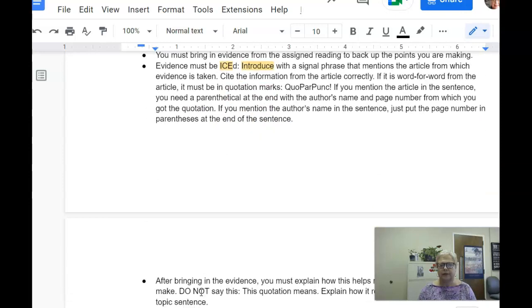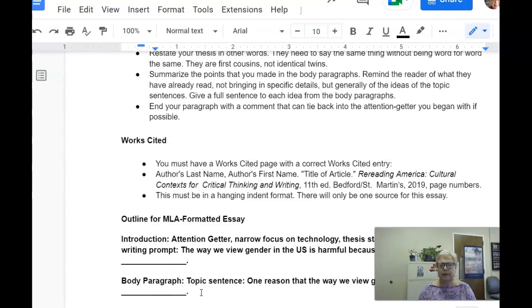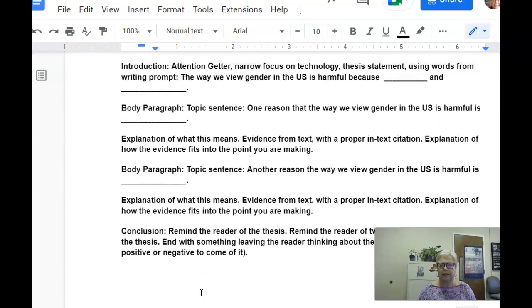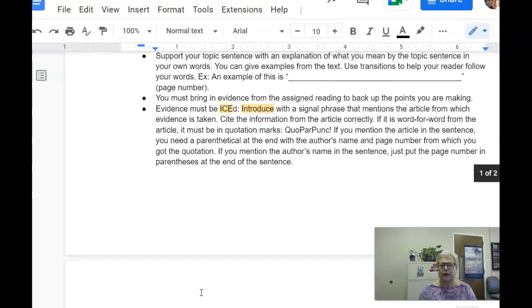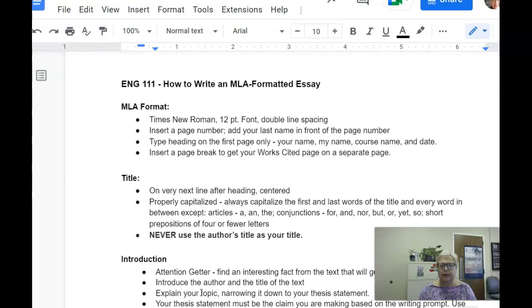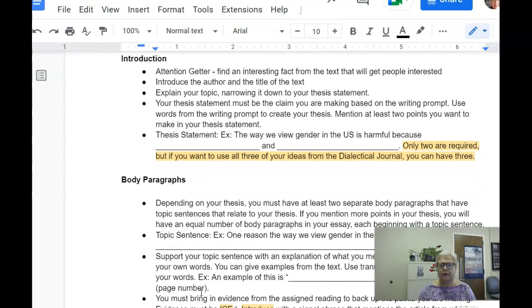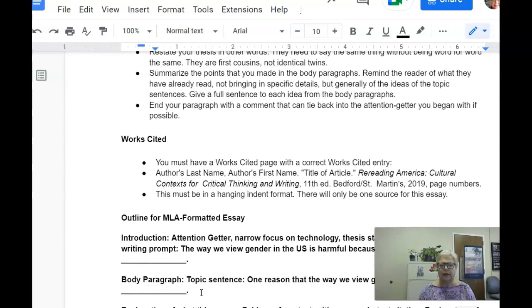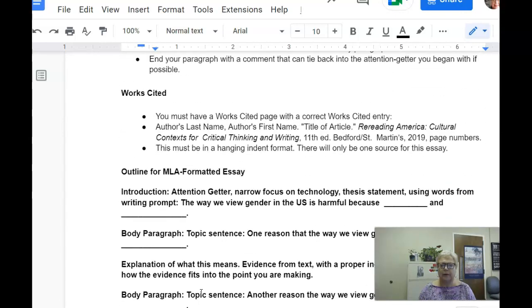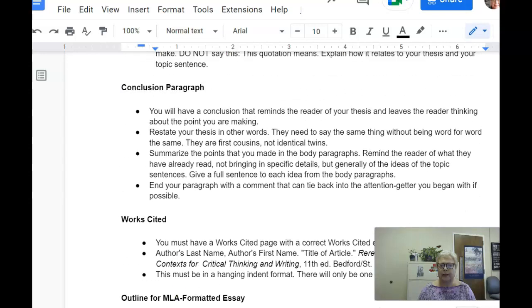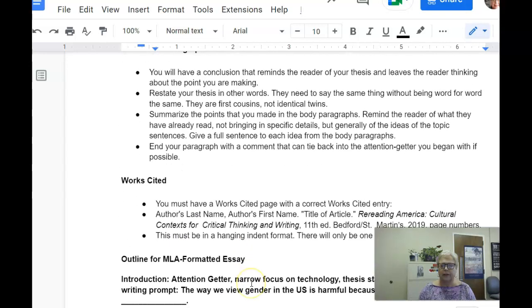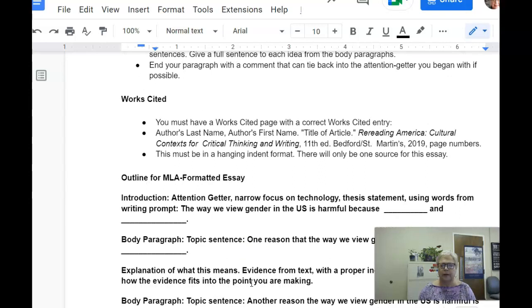Now this goes into how to write the body paragraphs, the conclusion paragraph, the works cited, and all of that. I do not want you to write anything except the introduction paragraph, and I want you to attach your works cited. Your works cited is just going to be that one